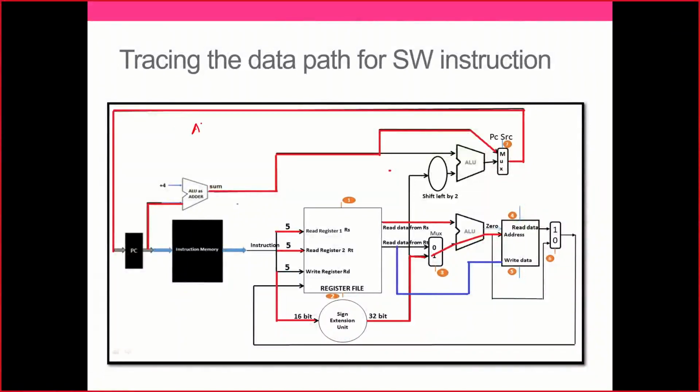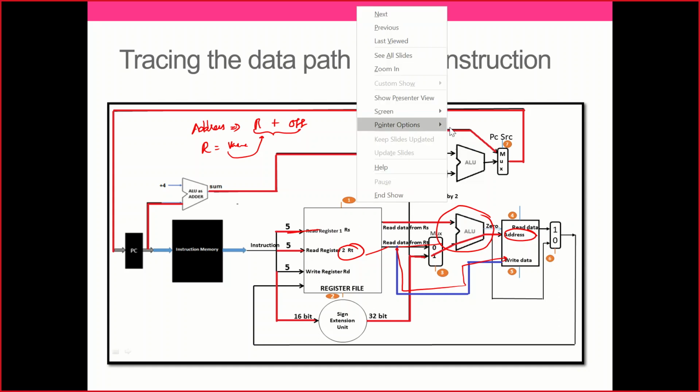We need to compute the address first. So how do we compute the address? Simple. I'll have to have the content from one register and the offset. This is what I missed. I have some register where I have some value available, and this value has to go into the combination of these two. So what will we do? I'll take this, I'll take the offset, I'll combine them here to compute the address, and the address is available. The data that I'll have to write is available here, and I'll have to push it. You can see that here I'm taking a bypass. I push it into the write data. That's all. I think I collapsed it a little bit in the previous attempt.